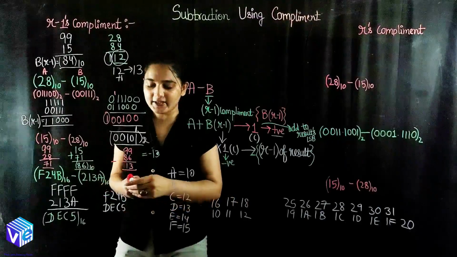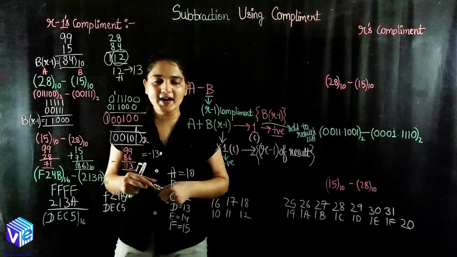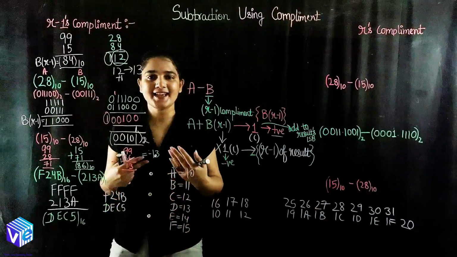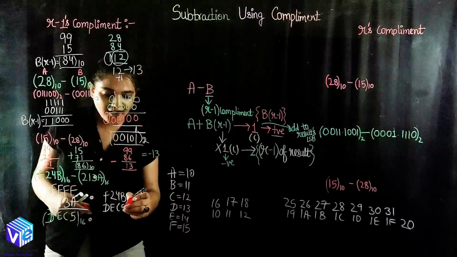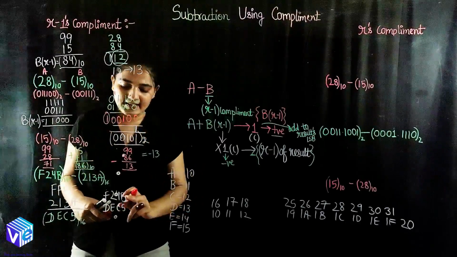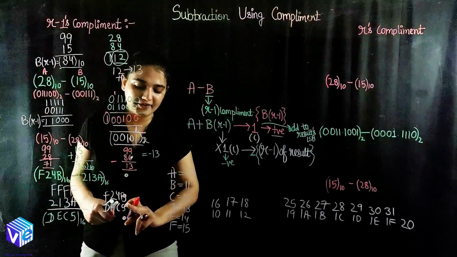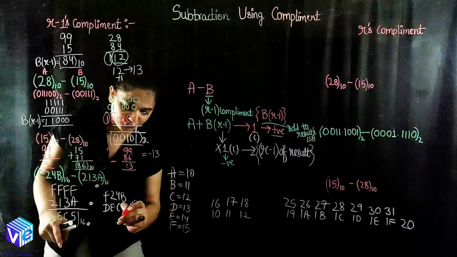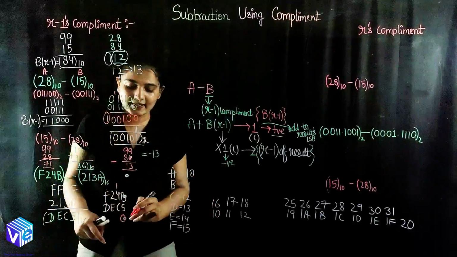Now we will be performing the addition operation. Now our task has really simplified after writing all of these things. So let's see. So here we have B. B is represented as 11. B plus 5 means 11 plus 5. 11 plus 5 is 16, which is represented as 10. So here I will be having 0 and a carry 1.